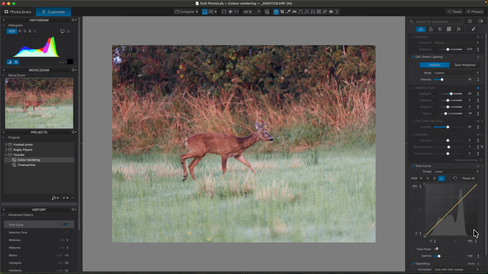This is your histogram. So I always use the Luma curve, not the RGB, because it'll just add too much colour to your image if you start using the RGB curve. So I always use the Luma curve just for doing the exposure. And if you just go down here, you can slide this pointer towards the